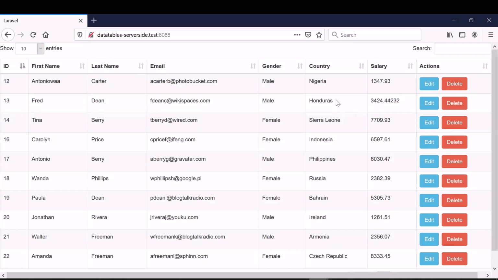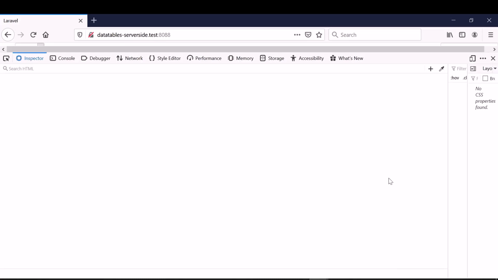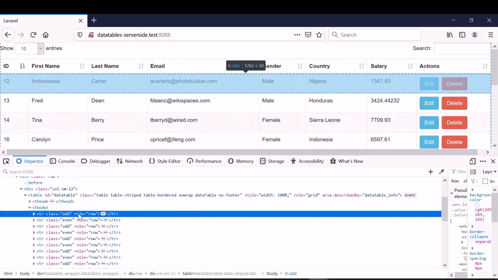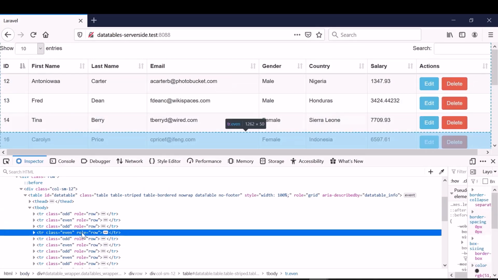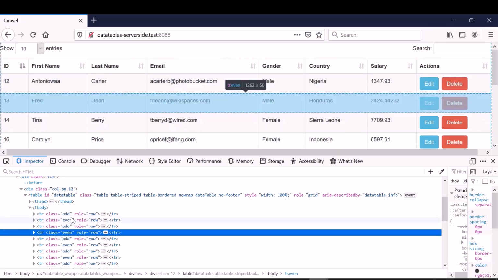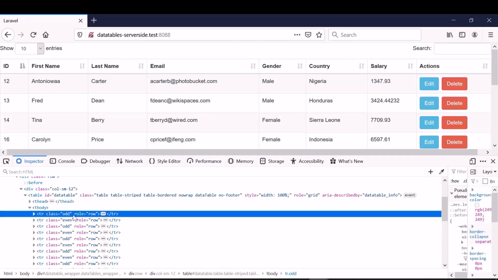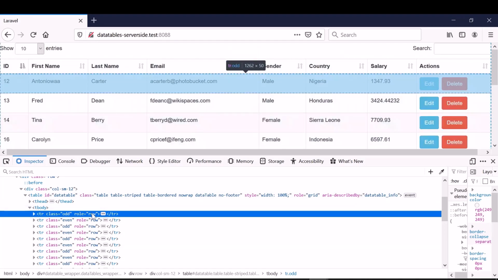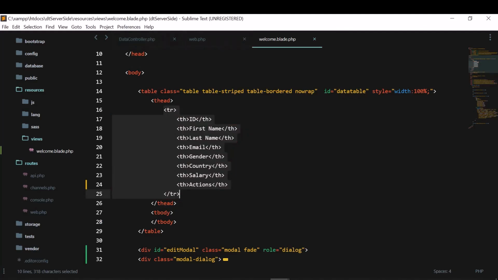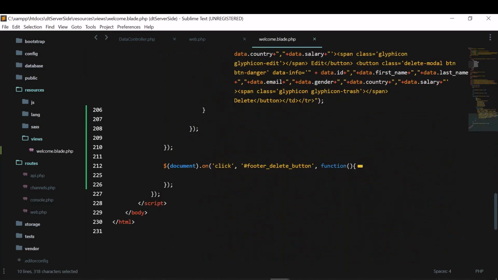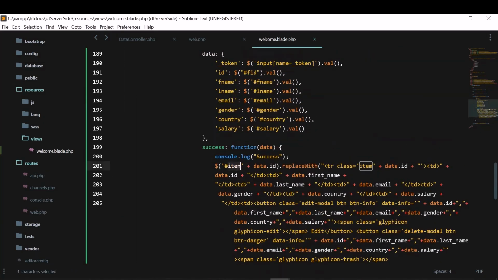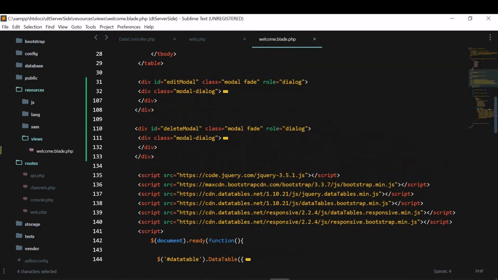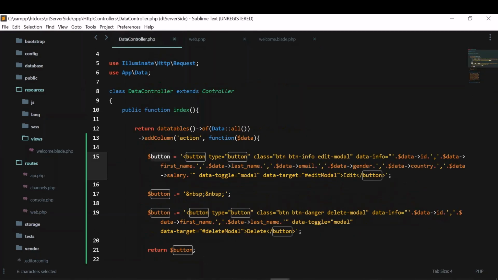That's what we are doing on the client side. I'll just inspect it and show it to you. So for every tier, this is the first tier, this is a tier, this is a tier. For all these tiers, we should have an ID so that we can replace this ID's HTML. That's what I have written in the code here. Here, item ID. So we also need to give an ID to this row, but there is no data body here, neither can we pass it from here because it is an individual button.